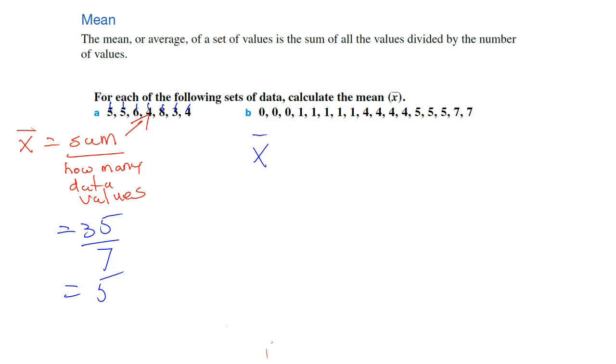So for B, let's call it X bar again. For this one, we calculate the total of the values. So again, we'd go 0 plus 0 plus 0 plus etc. right through. What we find there is the answer will be 50. We're going to divide that by how many numbers there are. I've got 1, 2, 3, 4, 5, 6, 7, 8, 9, 10, 11, 12, 13, 14, 15, 16, 17. So we put divided by 17. That becomes an answer of